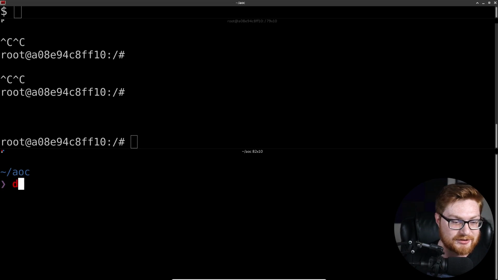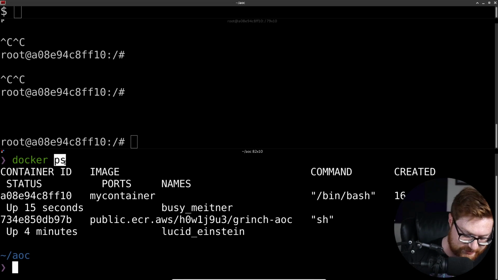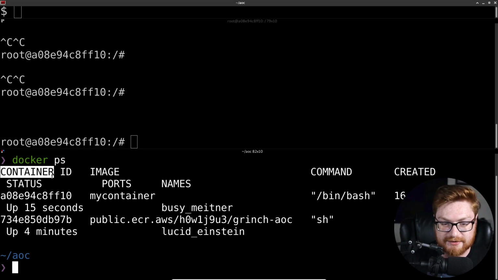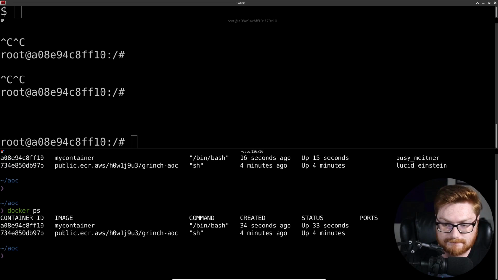In this case, we could use something like docker ps to see what running containers are running, right? ps, much like you're used to the ps command to show processes, it's like, hey, what are my running Docker containers? You can see the container ID, and this is zoomed in a bit way too much, but I'll try that one more time.